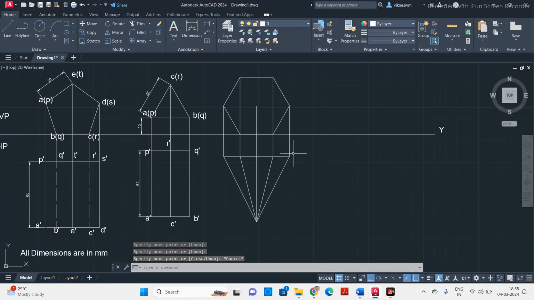So I connected all the edges. When you see from the top, you are able to see all the edges: this edge, this one, and this one. These two bottom edges you can't see, but they lie below these two edges. Anyway, when we have to represent the top two edges which are visible, we have